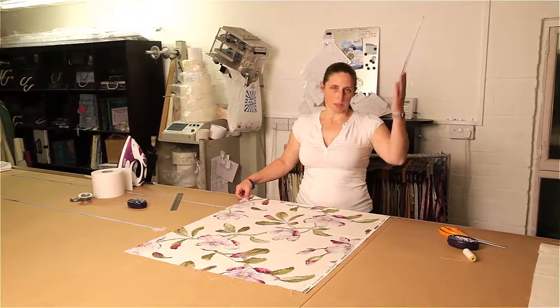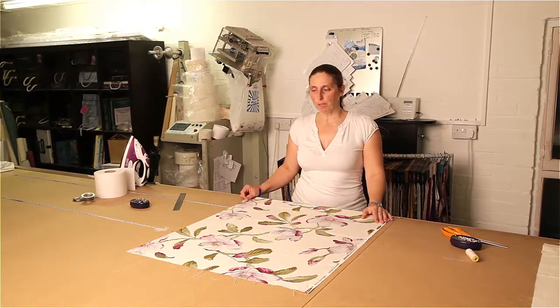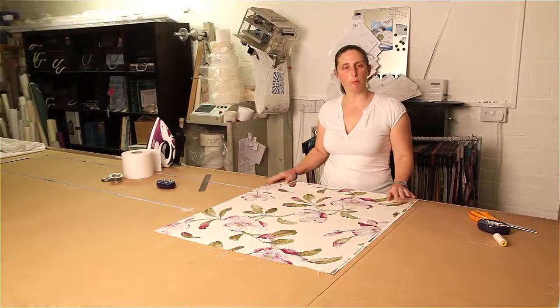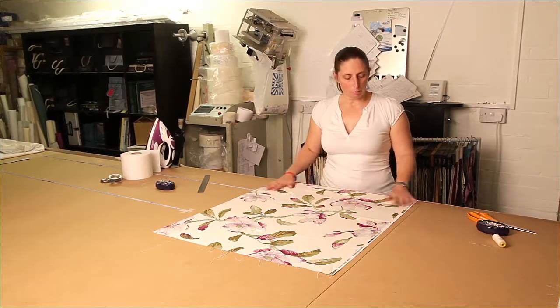The reason being, you don't want any seams hanging in the middle of the window if you can possibly help it. And of course, when you come to put tape on the top of this, you want all the open strings at the outside of the curtain, so that's when you would make a conscious decision about where things are going to go. So to put the lining together,